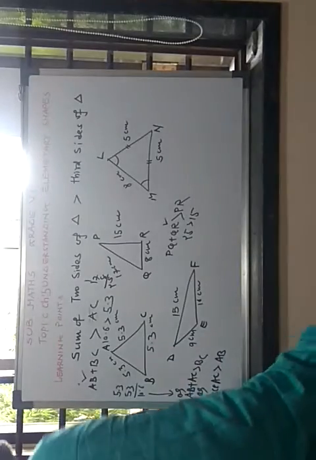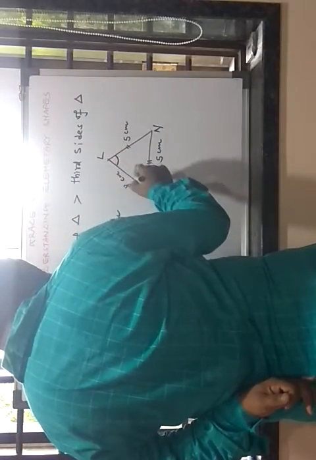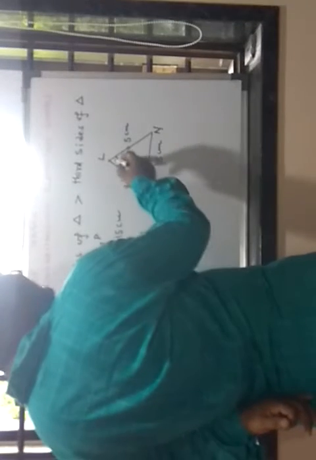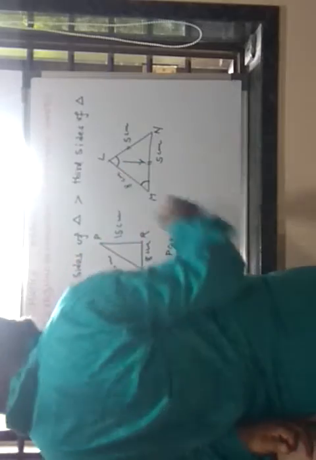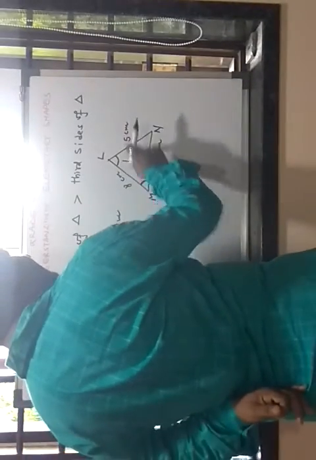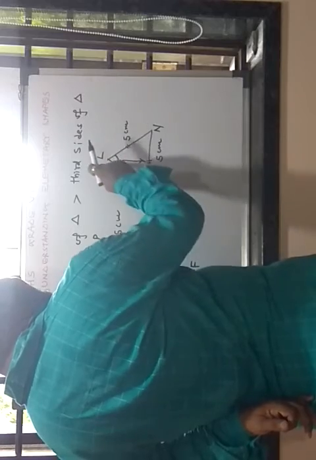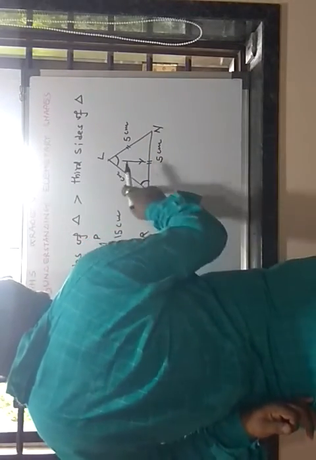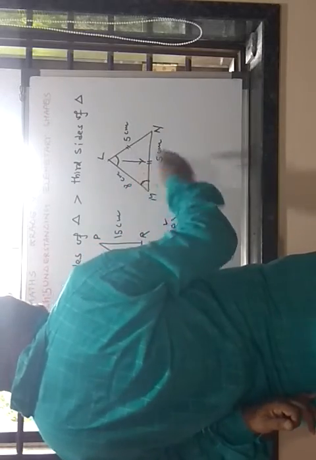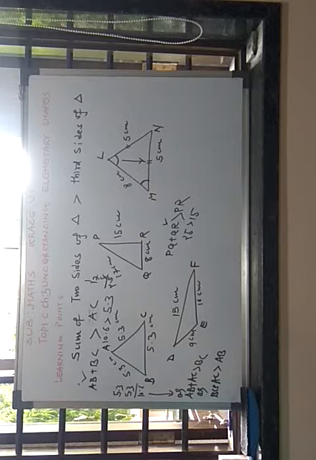Same for all. Similarly here, this is an isosceles triangle. This means these two angles are the same. So if these two angles are the same, then their opposite sides are also the same measure. Say this is 5 centimeter, so this is naturally 5 centimeter. Now you see LM plus MN is greater than MN. You see 8 plus 5, 13. 13 is greater than 5. So this is also the main point regarding triangles.